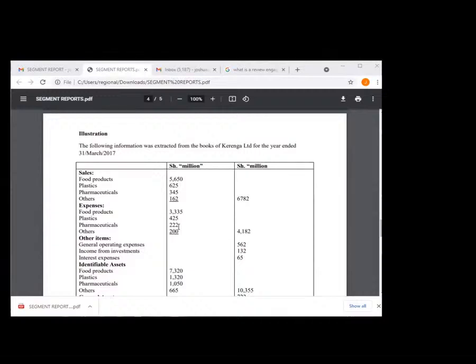So how about other revenues? I can see 162. Other revenue, 162 minus 200, which gives me minus 38. So I'll mention here minus 38. Then it will be very important for you to now give us